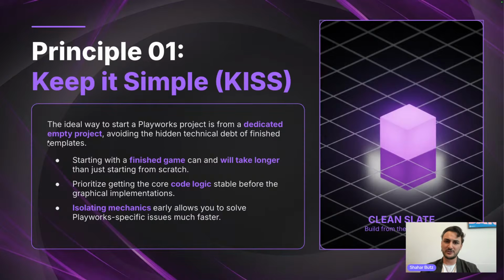It's very tempting to use a finished project and resign yourself to the fact that the majority of the work will be around solving issues as they come up, or graphical issues as they come up. But most of the time, you'll easily find yourself encountering so many issues that you would have wished you had just started from scratch. An outlier to this, I would say, is if you already created an isolated project only for playables,